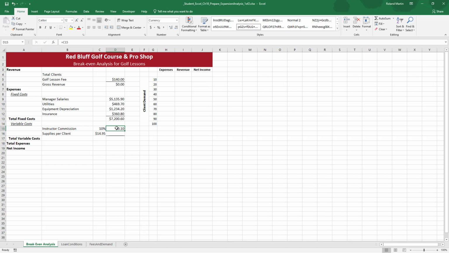And it looks like that did not take. So let's make sure we do that again. For me at least, equals D6 times the value that's in C15. Alright, great. So now my formula is there. Alright, so the next step we need to complete